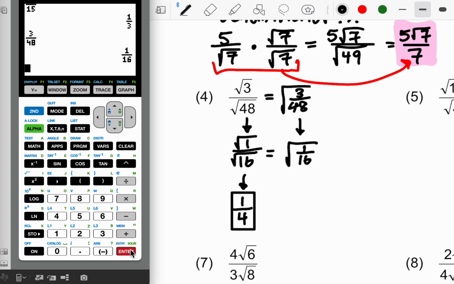Sometimes you get an answer that starts off as a radical and ends up not being one. And that's nice. That means that this whole thing, I don't want to say a trick question, but it's along the lines of a disguised rational number. Like it was always rational, it was just in a different form. So you could always, if you want, you don't have to do it this way, but if you put in whatever radical you're given, whether it's fraction or otherwise, into whether it's Desmos or TI,